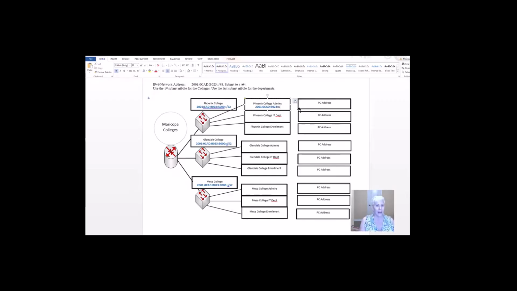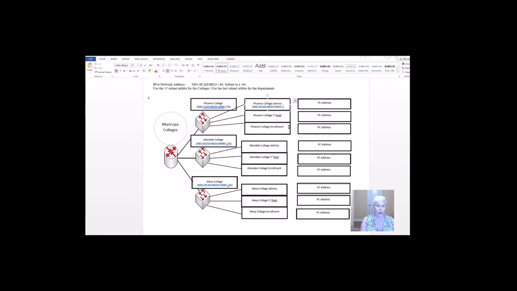So the A is the same because Phoenix College, all of these college departments belong to the same network, but we want to give them their own granularity so that all of the end devices in administration belong to one network. All of the end devices in the IT department belong to the same network. College enrollment to the same network. So here's what I'm going to do.